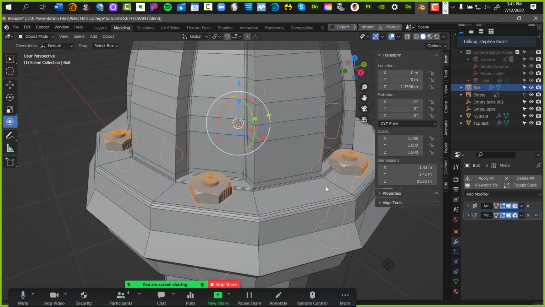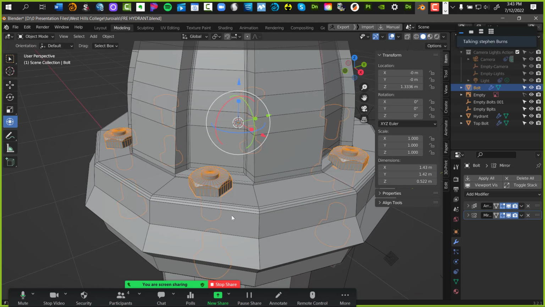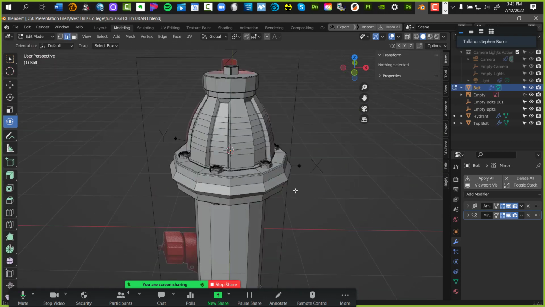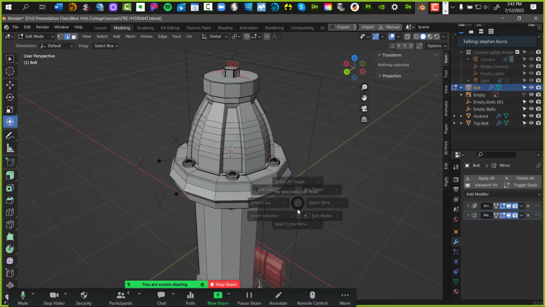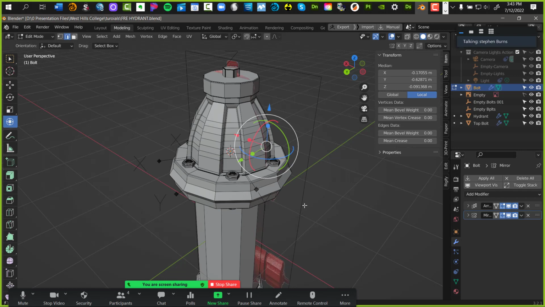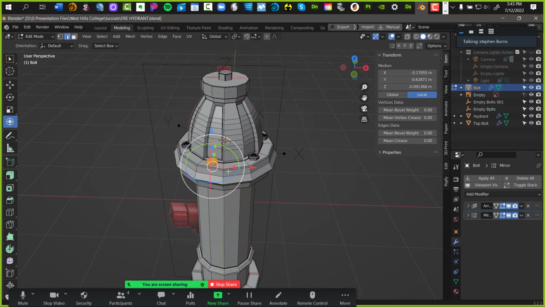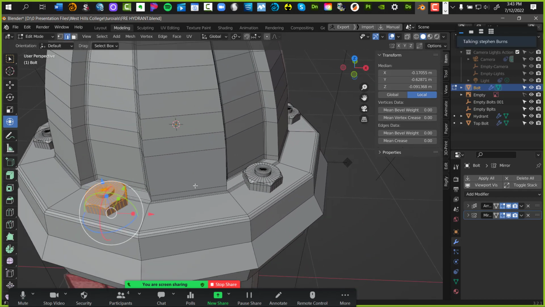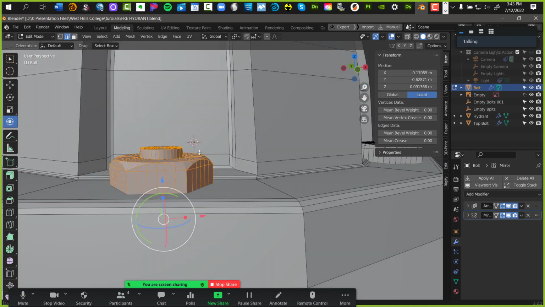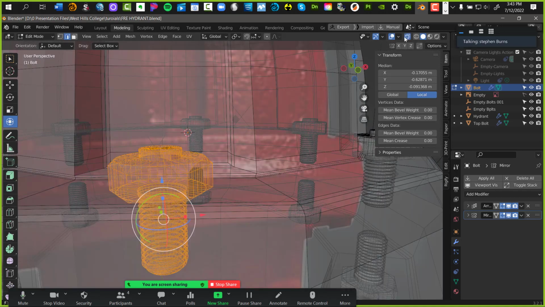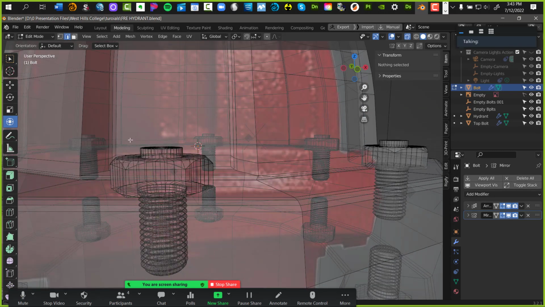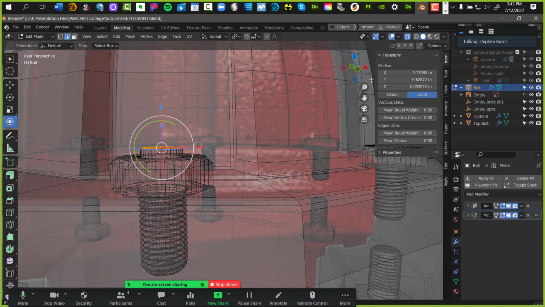How do we know that? Well, if I come over to my tab key, go to edit mode, and we're going to go find the object we're going to edit. I'll hit the A key, select all. There it is. It's that one there. So now, I'm going to go to X-ray mode very quickly, and just grab this top portion, for instance.